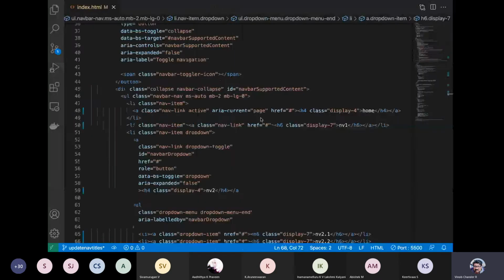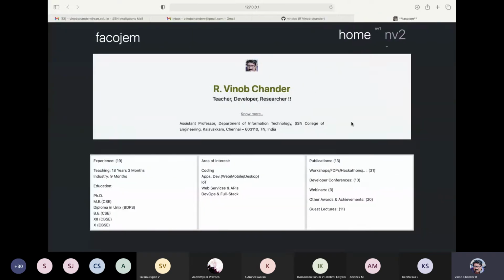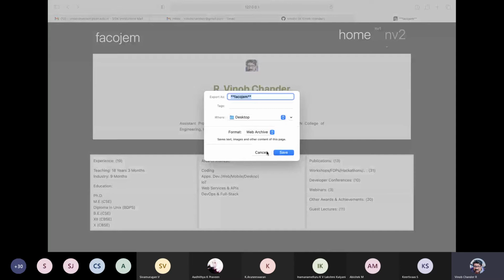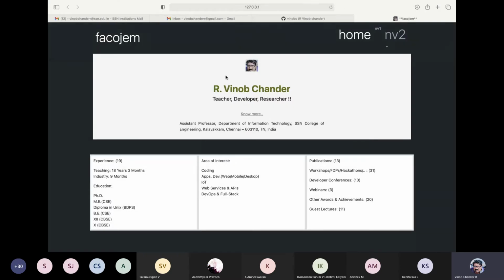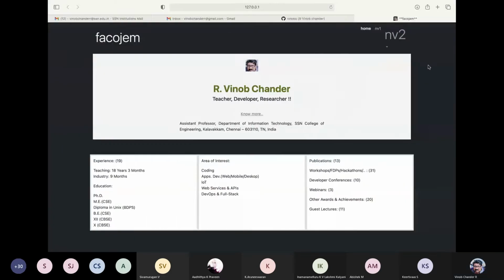It looks this way. And if we have this as 6, irrespective of whether you use a display class, display additionally gives you a much better impact on the header, guys.